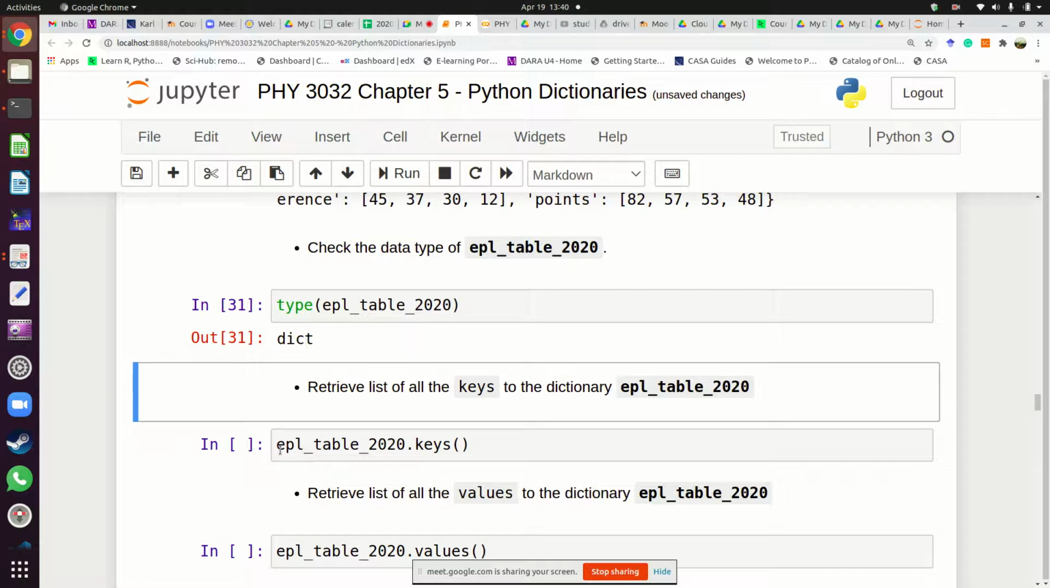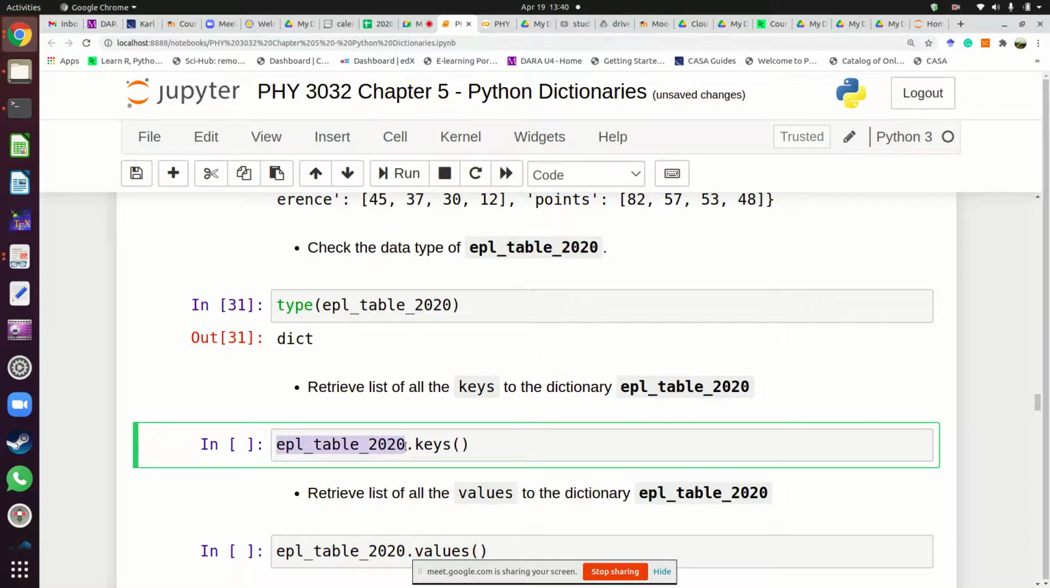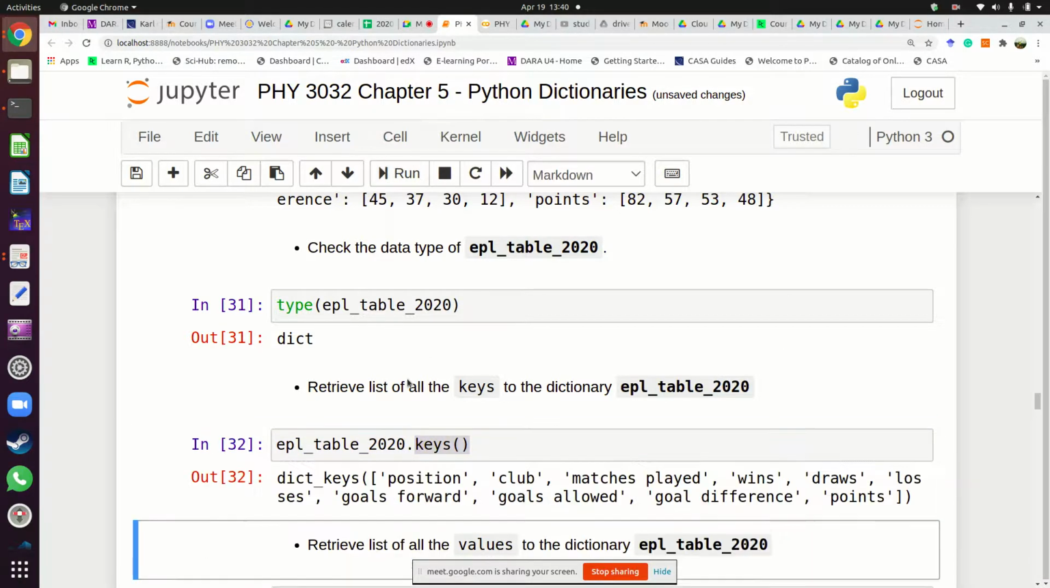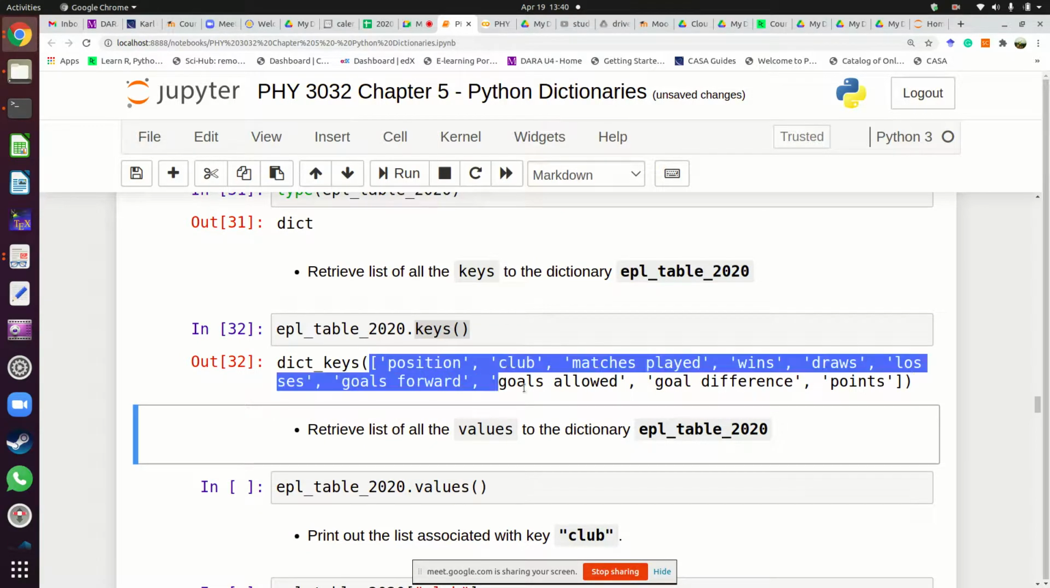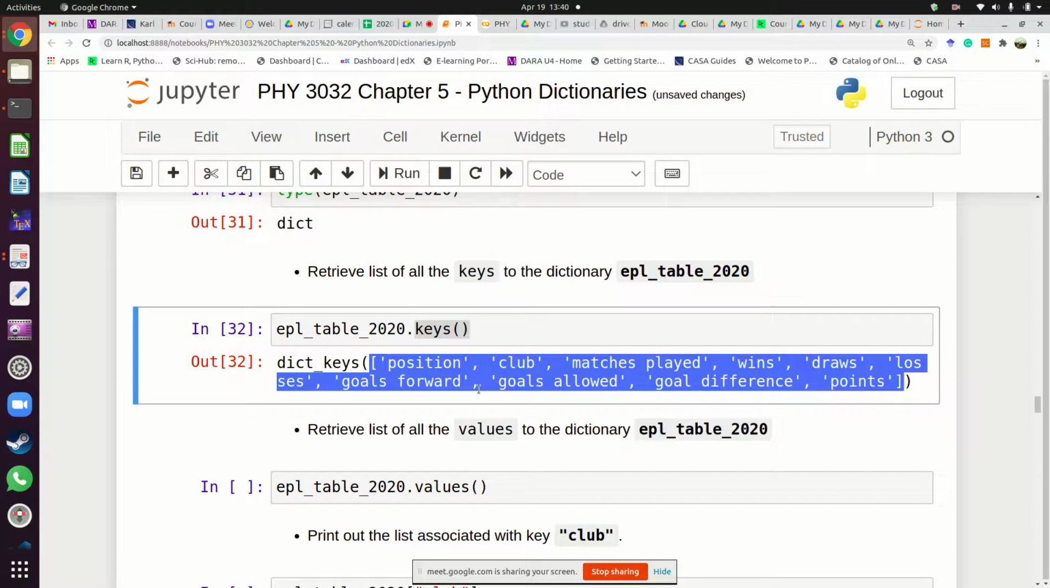I say the name of the dictionary, whatever it is. In this case, it's EPL table 2020. Then I put a dot, then the keys function or the method. So this one gives me a list of the keys. These are the keys: position, club, matches played, wins, draws, losses, goals forward, goals allowed, goal difference, and